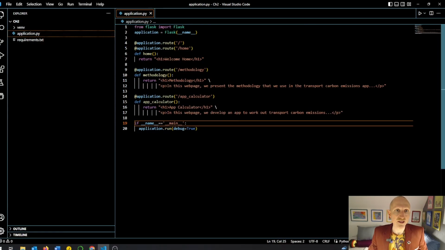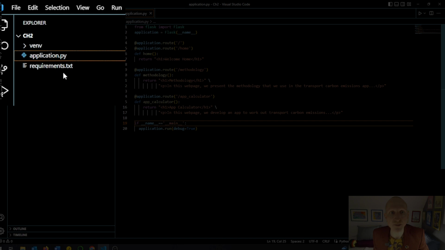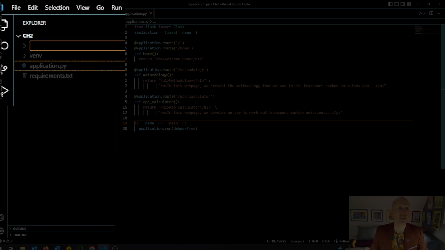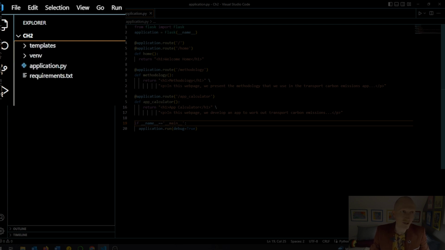Basically, here you have all the material that we prepared in the last chapter, in chapter 1. The first thing that we are going to do is that in this folder we are going to create a new folder that I'm going to call templates. In that folder we are going to place all the